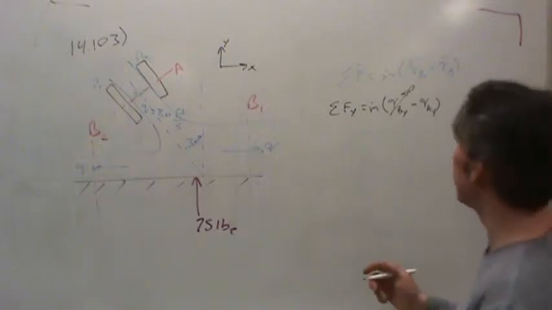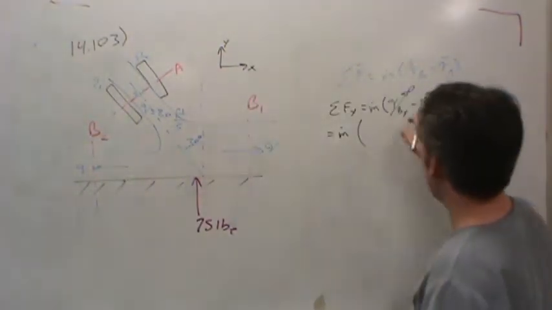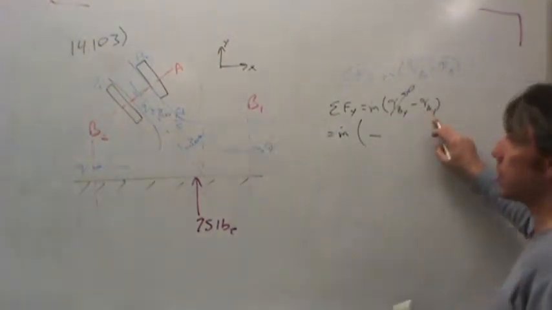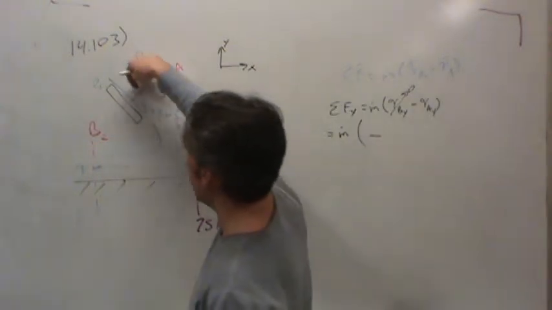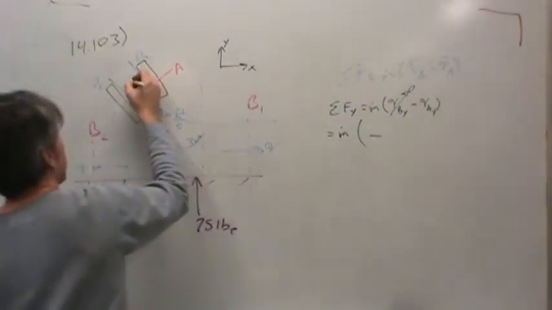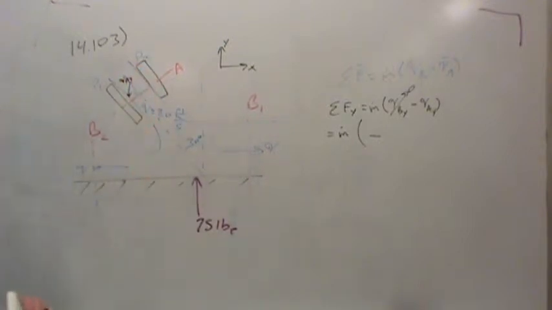Oh, I know why. Okay, let's do it this way. So this is equal to the mass flow rate. We need the negative of the velocity at A in the y direction. But notice that the velocity at A in the y direction, the component that we need right here, is actually a negative thing. So VAY is negative, correct? So if we calculate VAY,